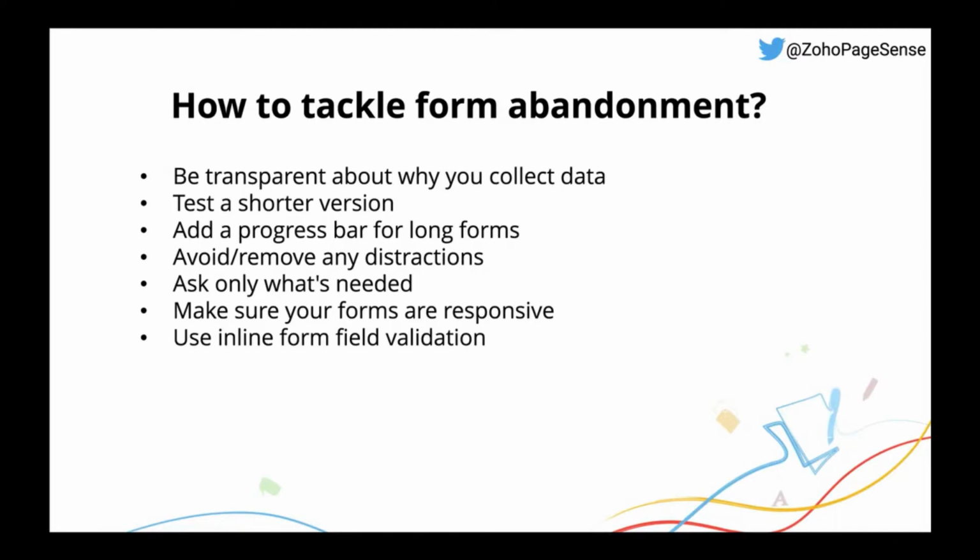So sometimes you fill out a form and when you submit it, it throws numerous errors. That can be a real deal breaker. We have all been in this situation, right? So this is where inline validation can help. I'm talking about the green and red ticks that you see next to fields in certain forms. It tells a user in real time if they're filling it right or making an error. This way, the user gets instant approval rather than getting to know an error after submitting the form.